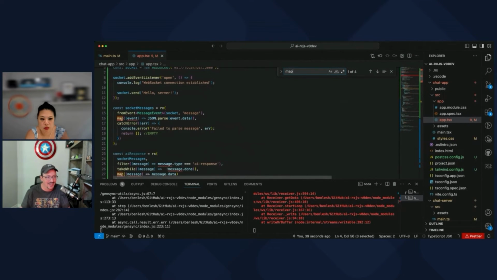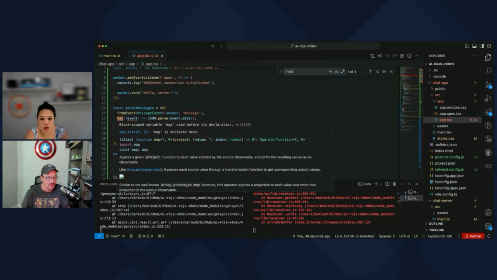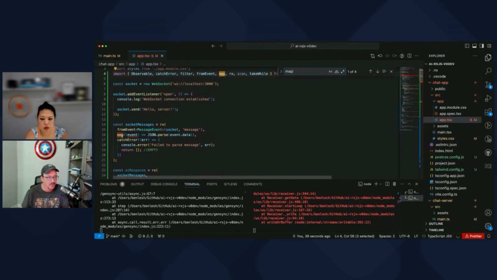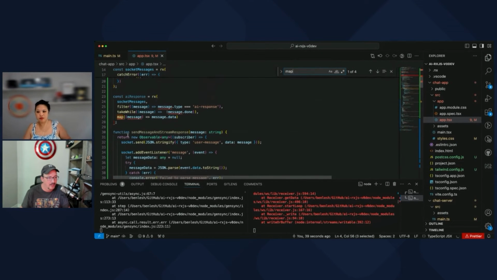I don't know why it thinks there's another declaration. It's map. Let's see. Line 3, it's declared there. Wait, line 3, really? It thinks it's declared here. Oh, because I have too many brackets.